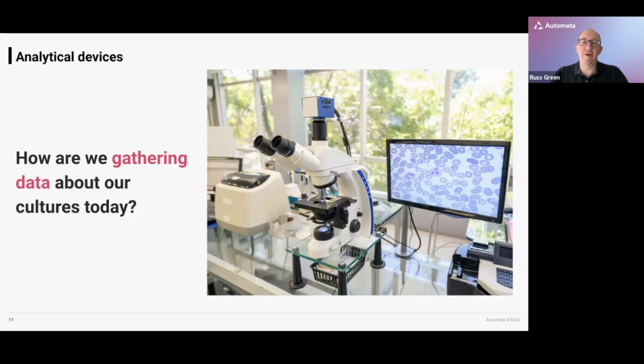So the other area I want to touch on is analytical devices, and this is a particular favorite of mine because this all ties back to labware at some point. We have to think about how we're gathering data about our tissue cultures, our cells today. If we're in a lab which has no automation and no very automation friendly devices right now, this is probably quite a familiar scenario where we have a slide-based microscope that we've had to do some manual preparation for, and then we're gathering data through the human operator and making decisions based on that data. So this is something that clearly might need to change as we move into an automated environment. And I'll come back to this a little bit later on.